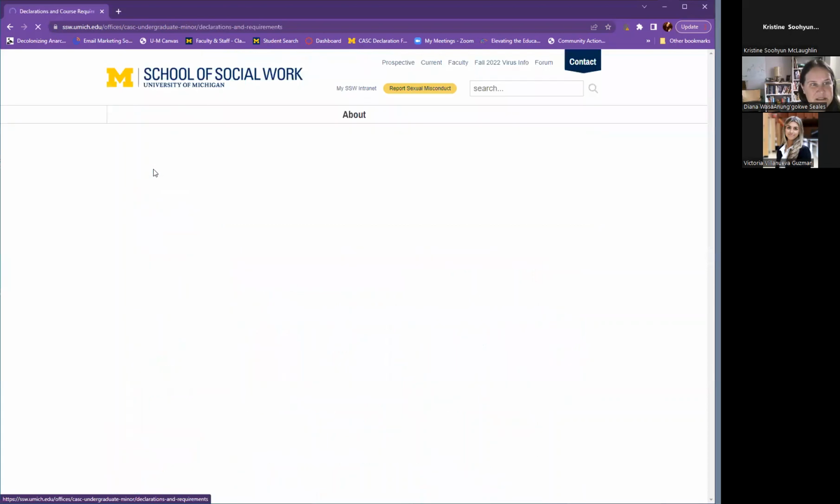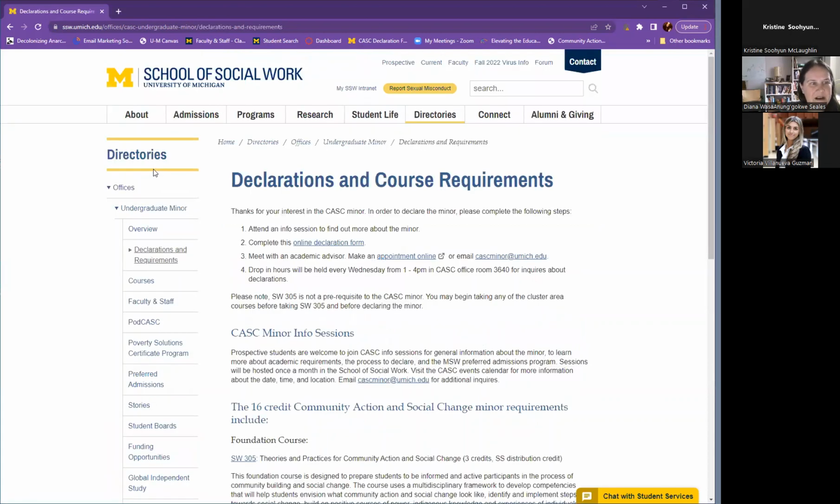Some of the requirements for the CASC minor: the first is to attend the info session, which you're doing, so check. And then the second part is filling out the declaration form. On the website, you can click on the declaration form and fill that out. That's received by myself as well as Joe Galura, who is the CASC advisor. And you'll hear back from us right away,